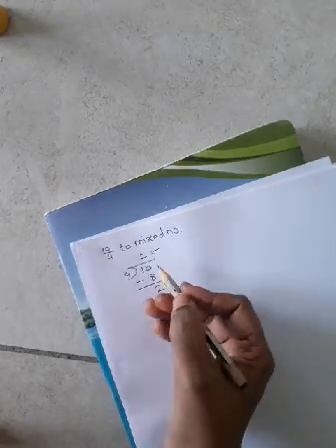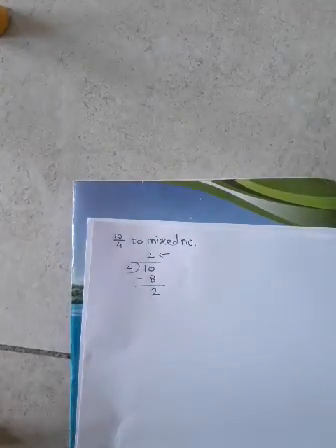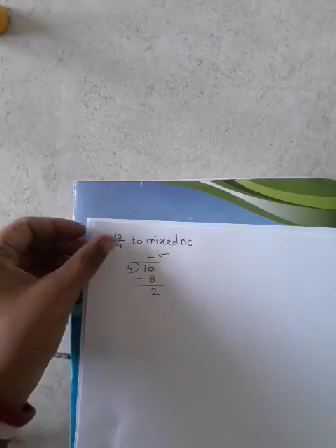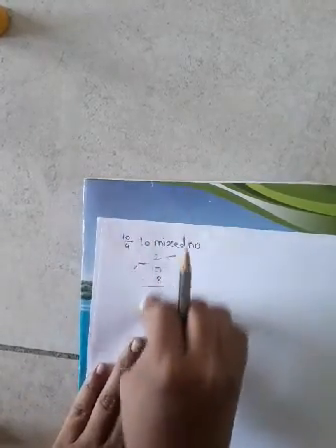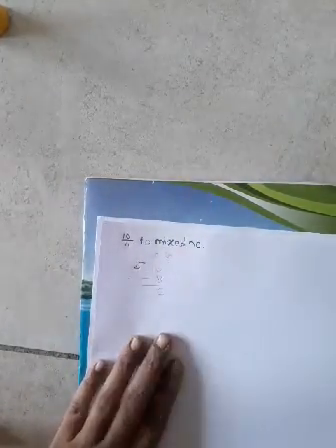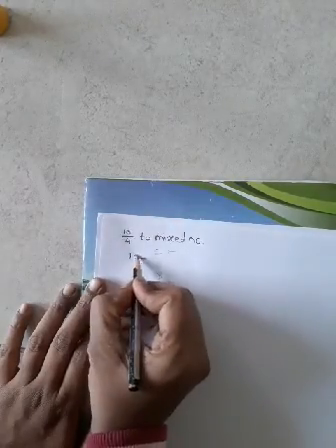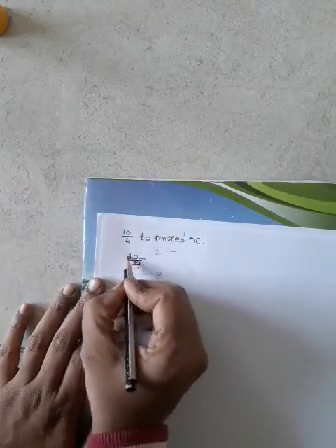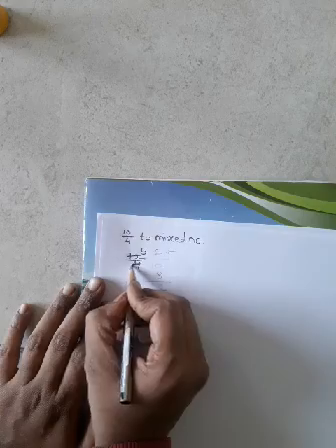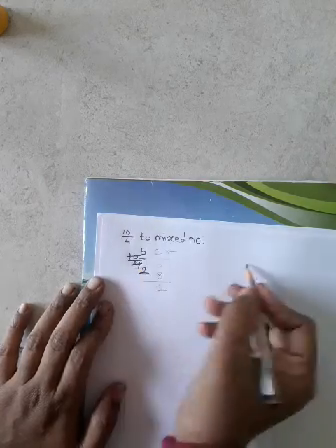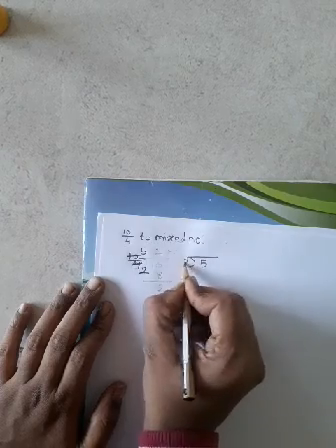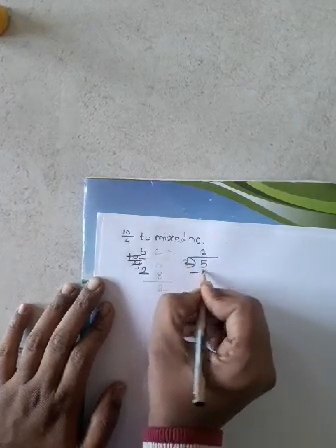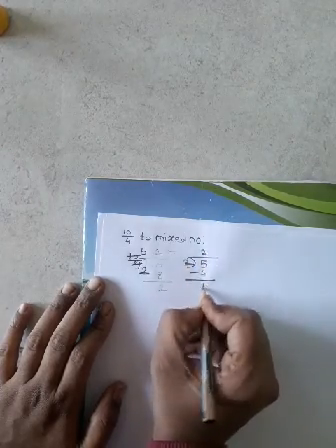See, 10/4 is a mixed number. What do you do first? Divide. But here this one is wrong. Why is this one wrong? See, 10/4 is in one table, so 2 fives are 10, 2 twos are 4. Next, what do you write? 5 divided by 2. 2 twos are 4. 1.